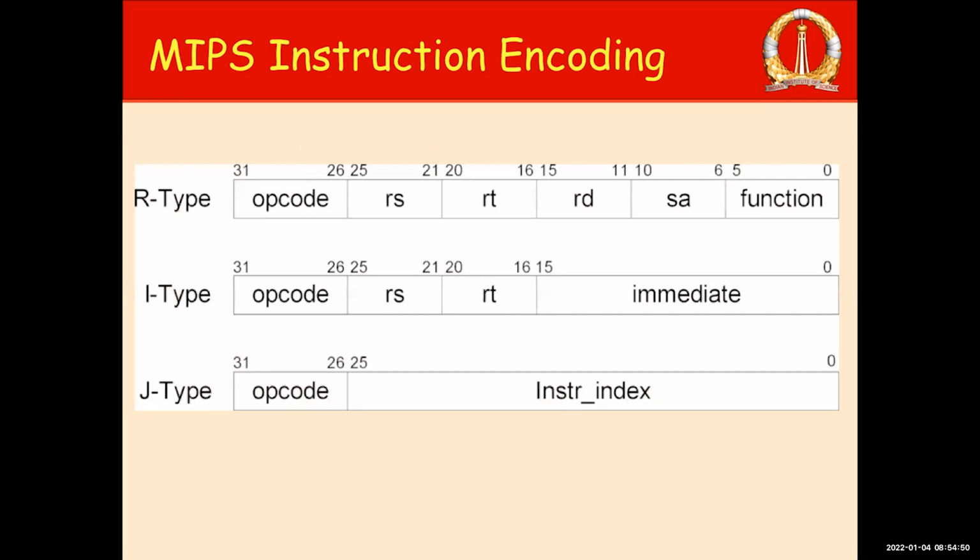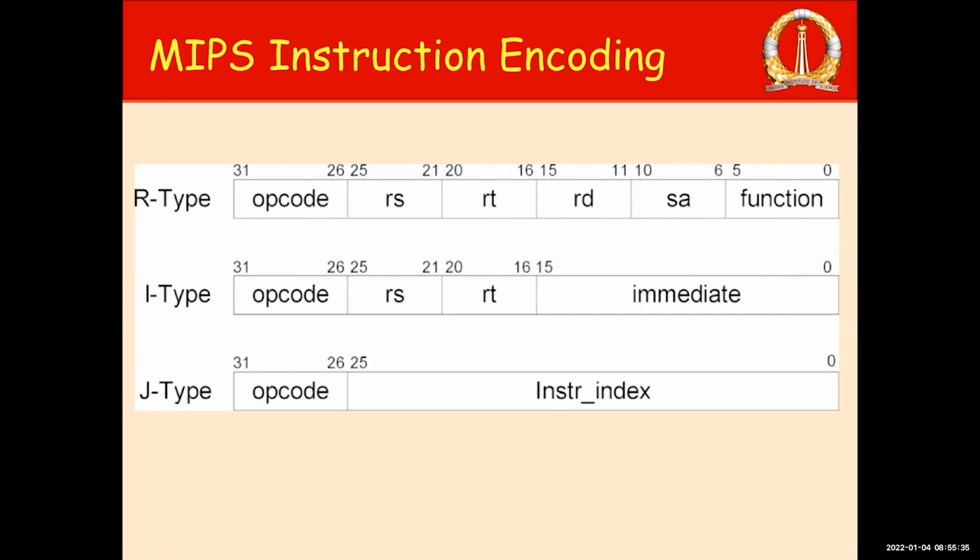Okay, let's look at how the instructions are encoded in the MIPS architecture. This is important for us to understand how instruction execution happens. There are 3 formats supported in the MIPS architecture. The first one is the R format, or register type format, in which the 32-bit instruction contains 6 bits of opcode, then 2 source register fields and 1 destination register field, and there is an 11-bit extra opcode information, which is again split into two parts: shift amount and function. The shift amount is useful for